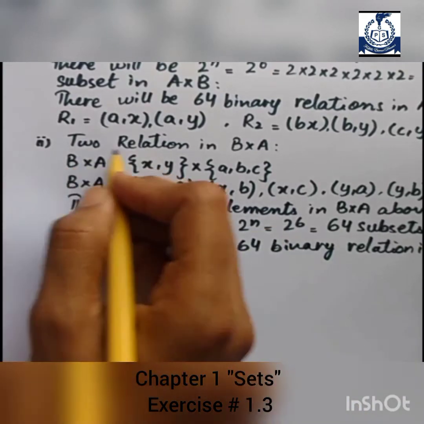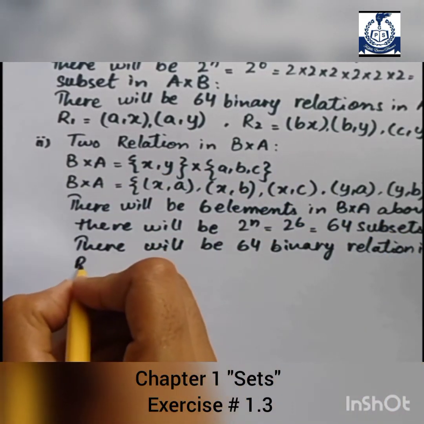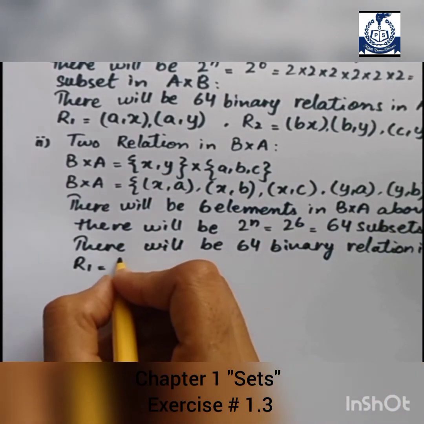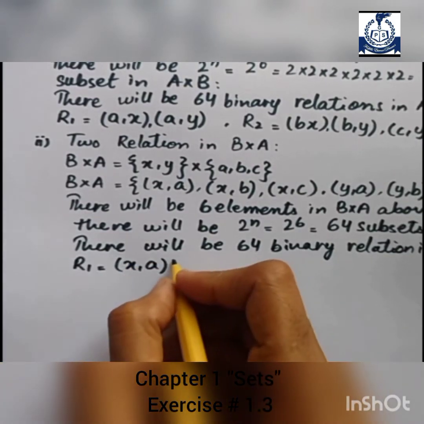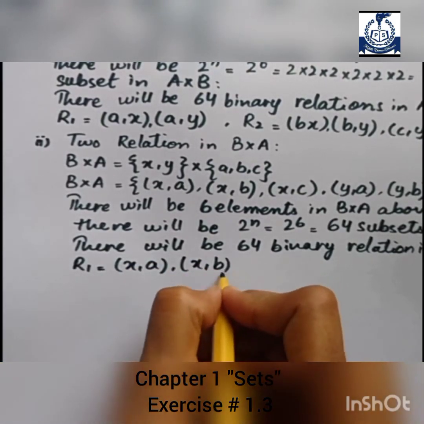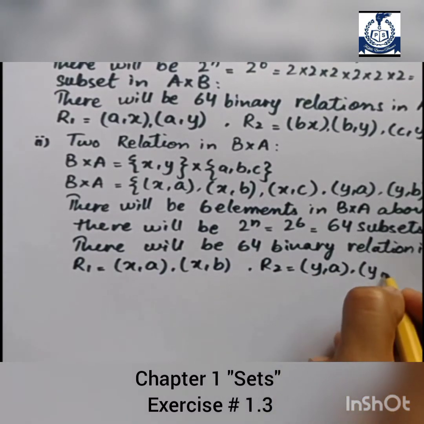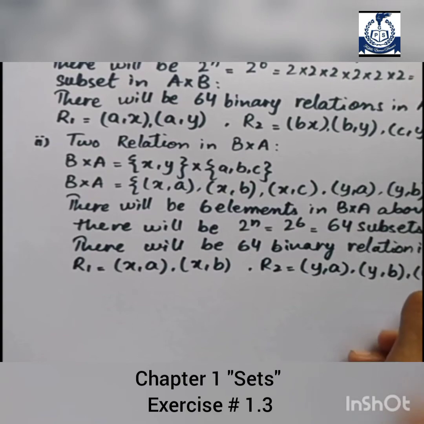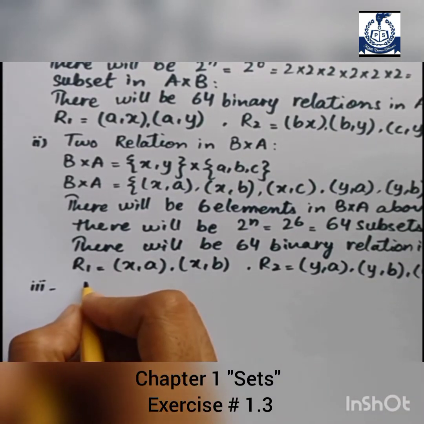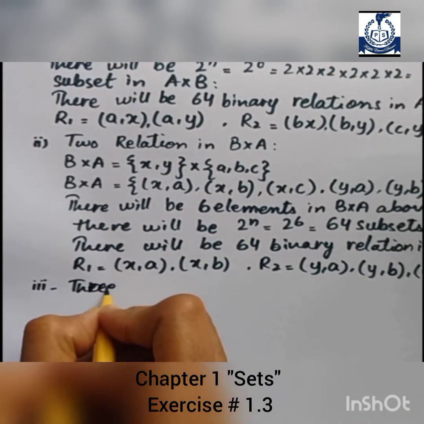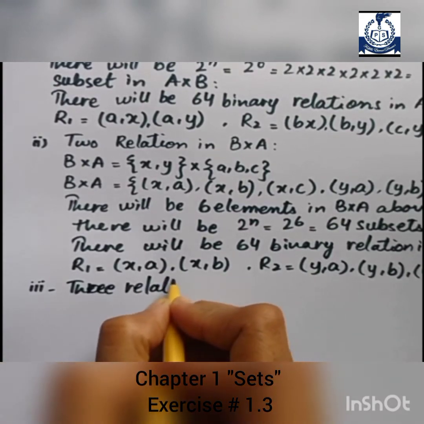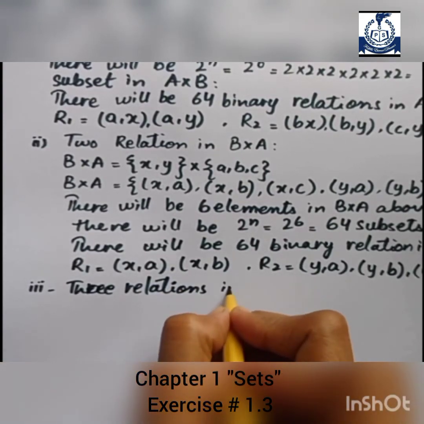So in this question we also make the two relations. R1, which is relation 1, is (x, a), (x, b). R2, relation 2, is (y, a), (y, b), (y, c). Part number 3 is relations in